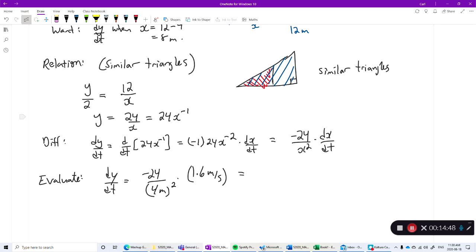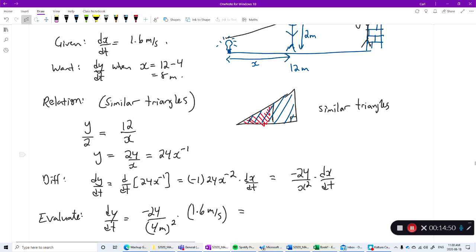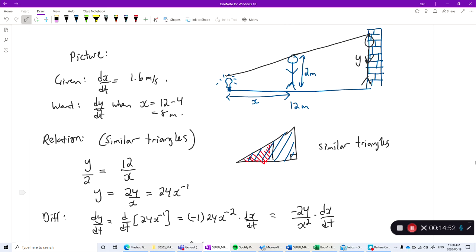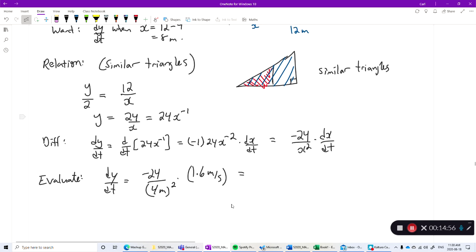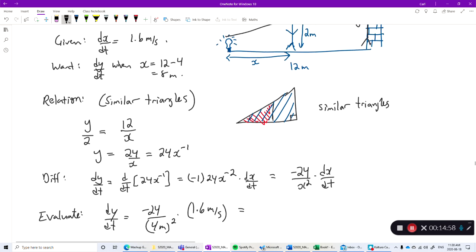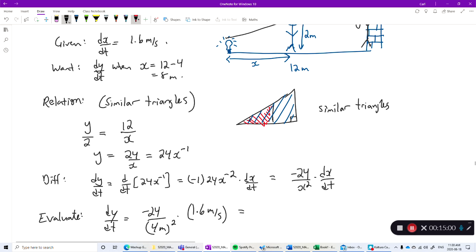I'm concerned about the units here. Let's see, the units, I'm not sure if they're making sense. Oh, yeah, they are, because you know why? This 24 is that this was actually, let's add this in. That's 12 meters. This is 2 meters. So this is actually